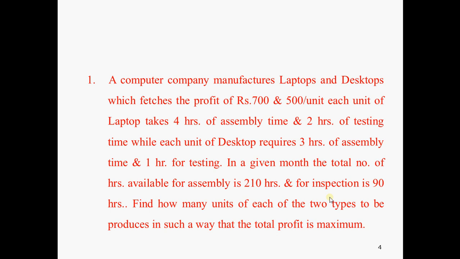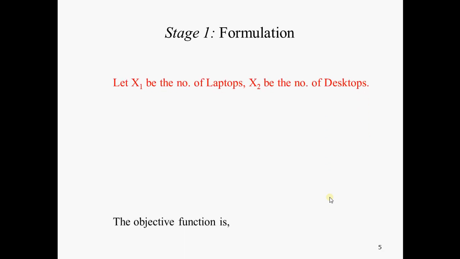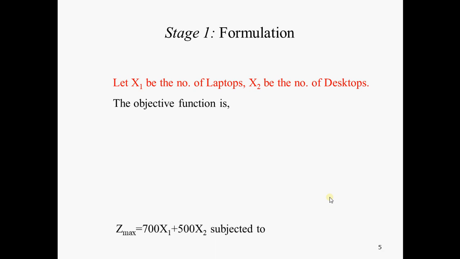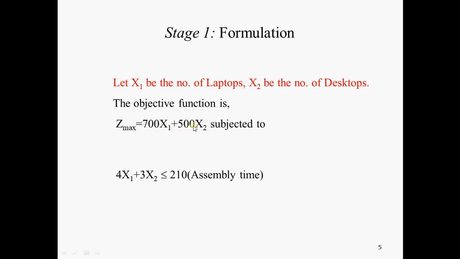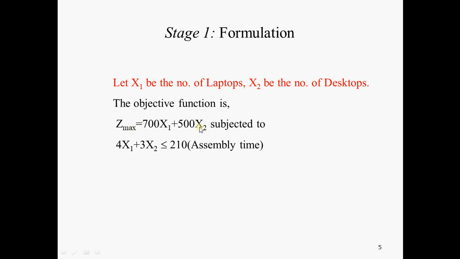That is new for you now. We have discussed the procedural steps. Following those 4 steps, we can find the solution using the graphical method. Now coming to stage 1, formulation. As I told, let x1, x2 be the number of laptops and desktops to be manufactured. The objective function is 700 x1 plus 500 x2, that is Z max, subject to the constraint 1,